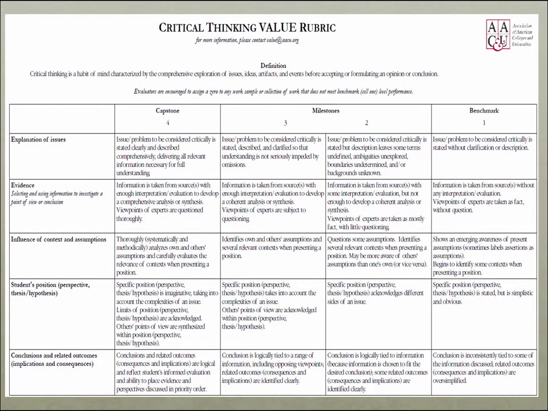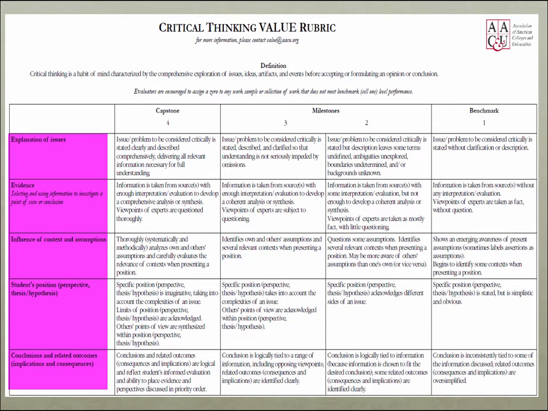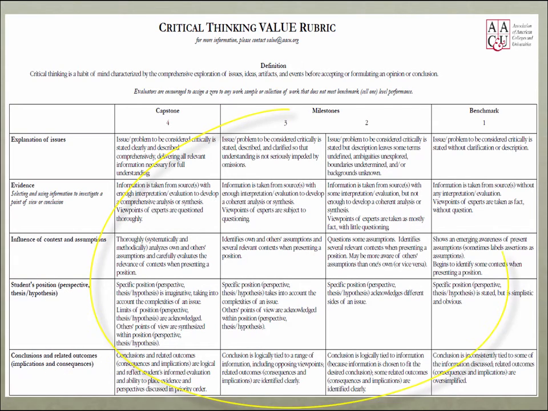The other element of every VALUE rubric is the rubric itself, and each contains the same scale and components. Each rubric has a list of fundamental criteria for each learning outcome and performance descriptors that are associated with progressively more sophisticated levels of attainment. These levels are a benchmark level, 2 milestone levels, and a capstone level. You can see in this example that there are 5 different criteria for critical thinking and descriptors for each level of attainment for these criteria.